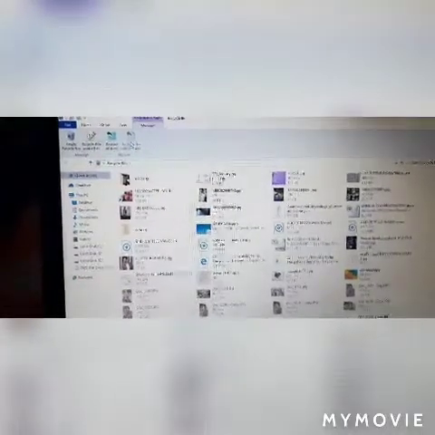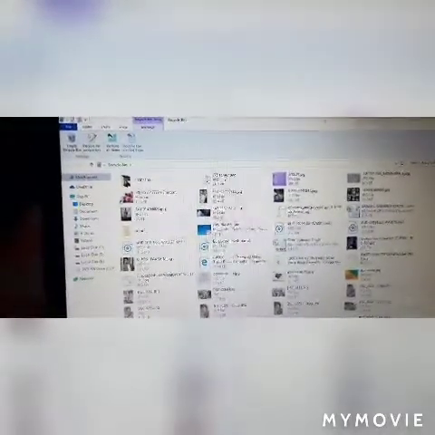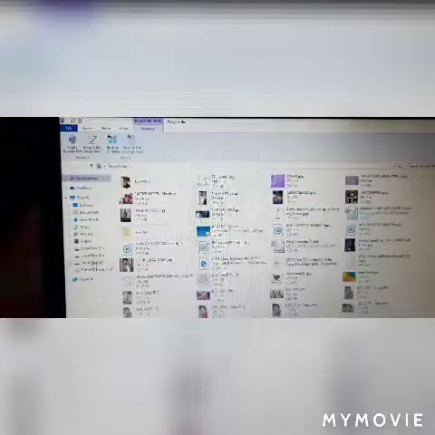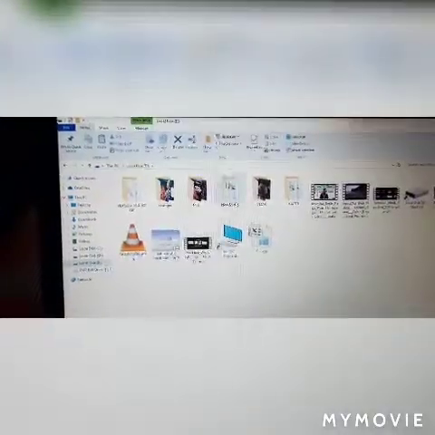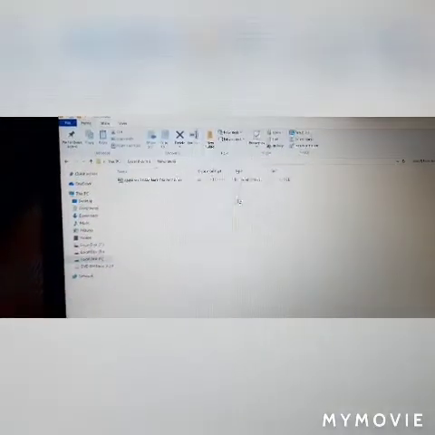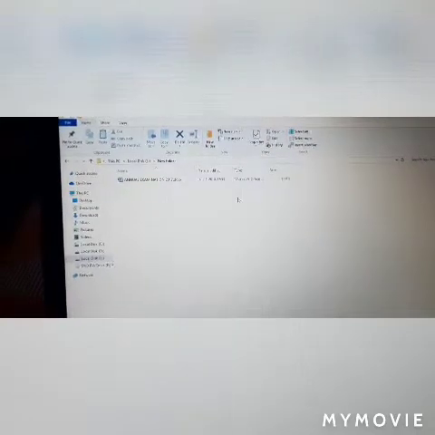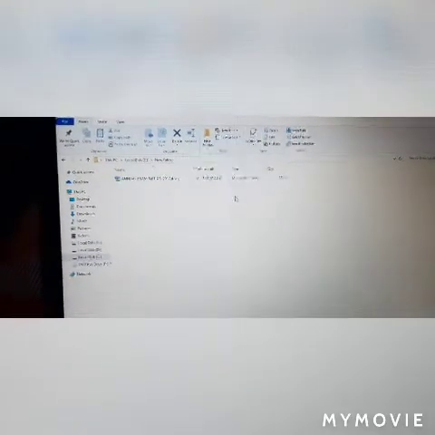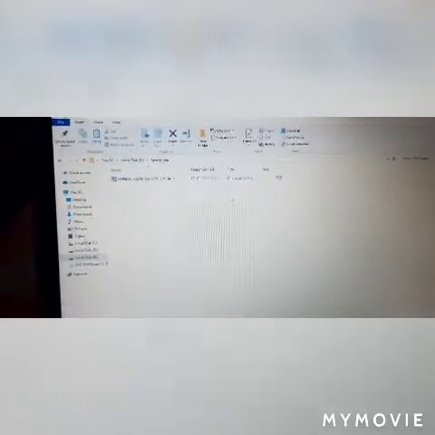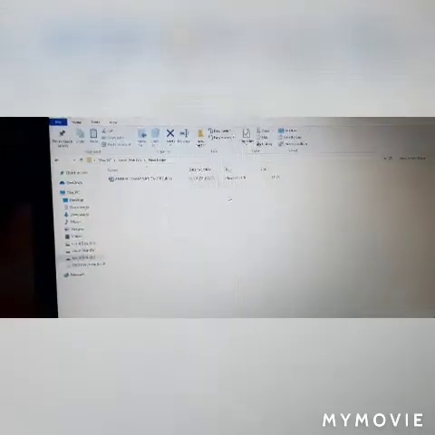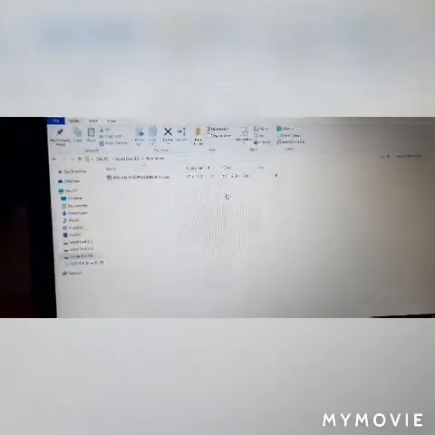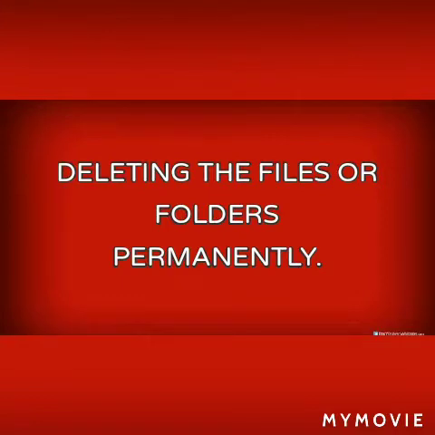Just see, it has been removed from the Recycle Bin screen. Now we will go to Local Disk E and you will find that it is present over there. Just see, again it is present over here in Local Disk E. Why? Because it was deleted from Local Disk E itself. Understood now how to delete and how to restore? Very good.